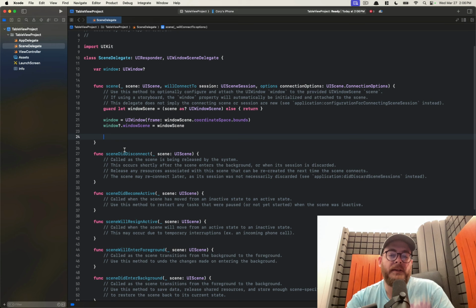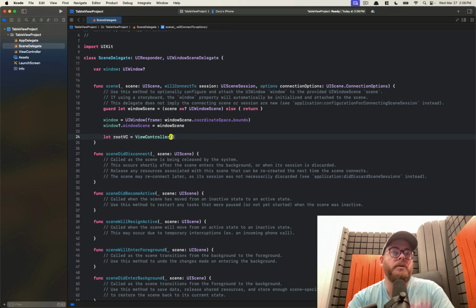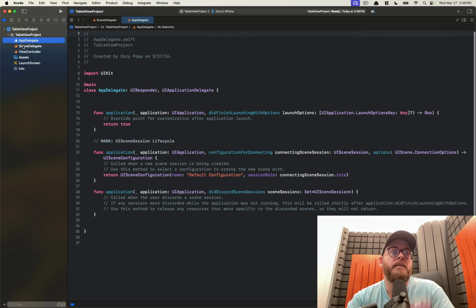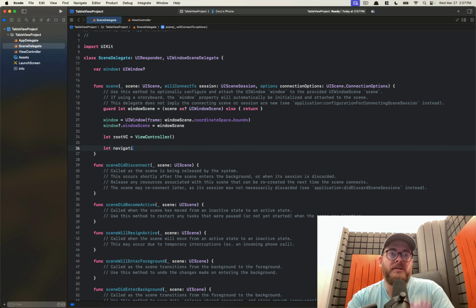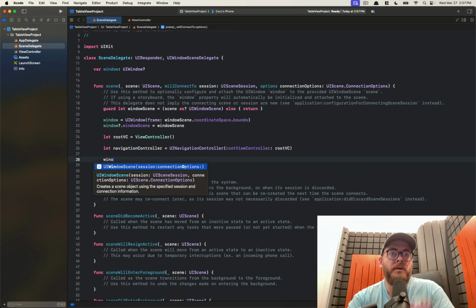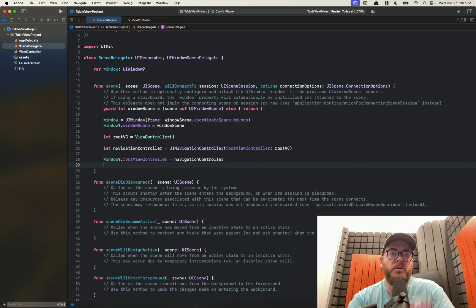Now we're going to be using a navigation controller. So before we do that, we're going to say let rootVC equal our view controller, which is right here. This is the main view controller we're going to use for this project. And we can say let navigationController equal UINavigationController with a root view of right here, our view controller, rootVC. The last thing we need to do, window dot rootViewController is our navigationController, and make sure that our